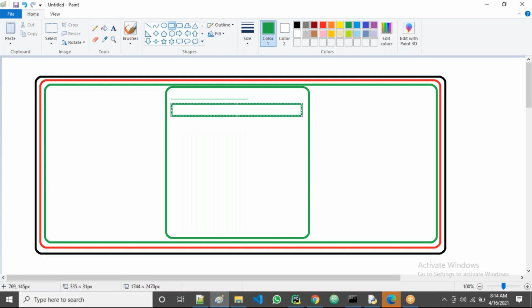Next, again a label, enter your last name, and for that label, again an input box like this. So we have taken them one by one, like this, guys. All of them are clear.